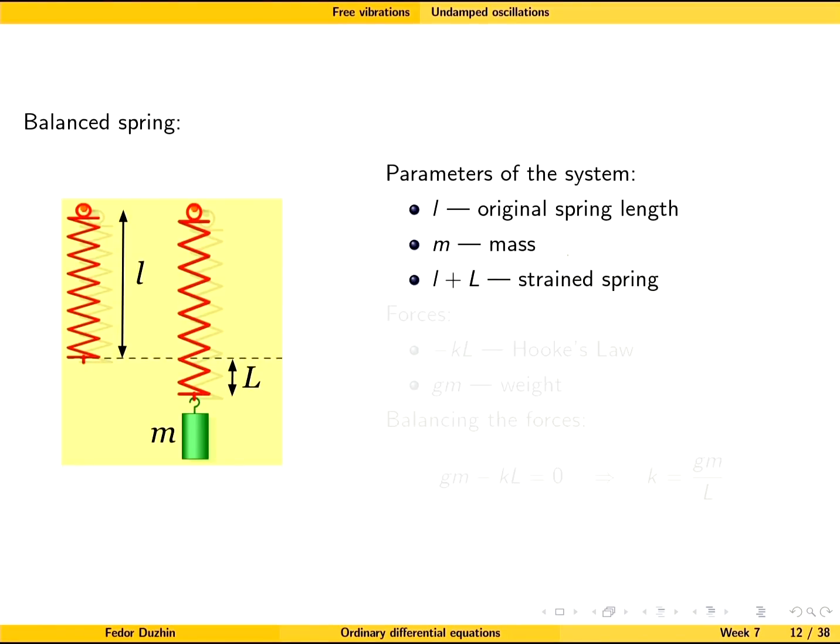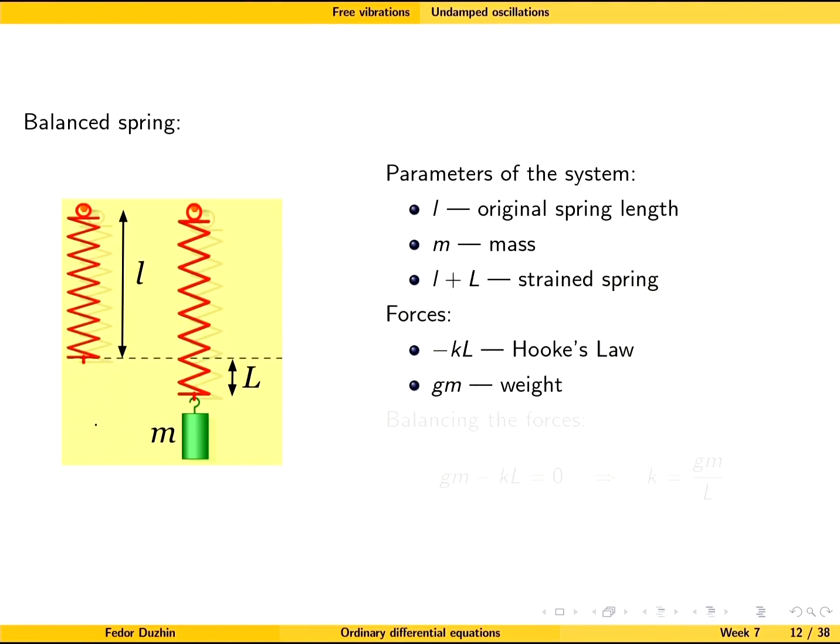Now, suppose that we have a spring, and the length of that spring is the small l. Well, but then imagine that you put a certain weight on the spring, right? So here you attach an object to the spring. Then what's going to happen is that the spring will be strained,